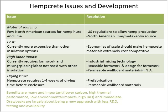The higher labor inputs for the formwork and the mixing and the placing, I'm not actually sure that's an issue. We've done lots of conventional work and other natural building materials and hempcrete, and really the labor per square foot of wall is very similar, but definitely, if we had more industrial mixing technology and permeable wallboard options, it would reduce that further. And so the last one is something we haven't touched on yet, but